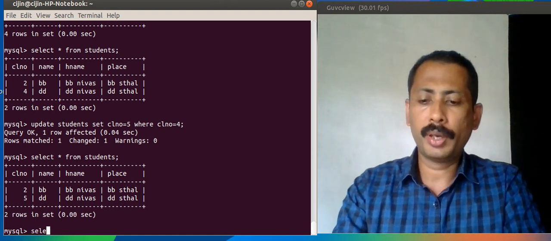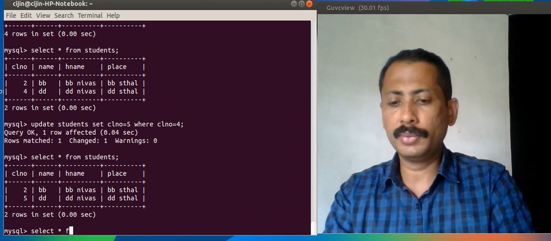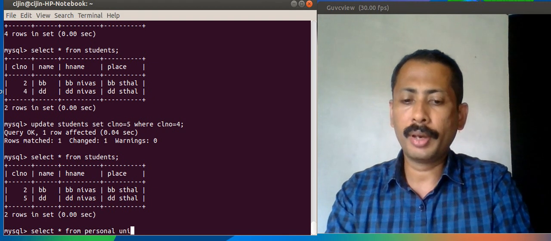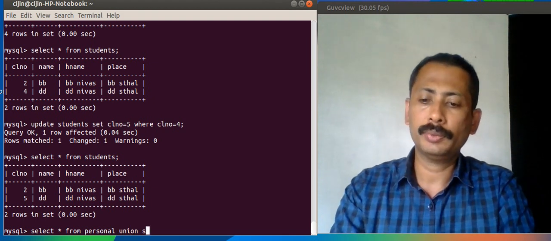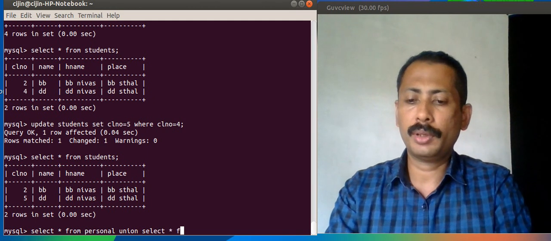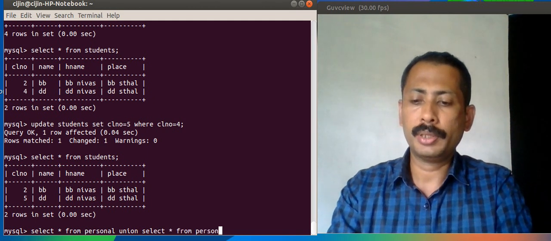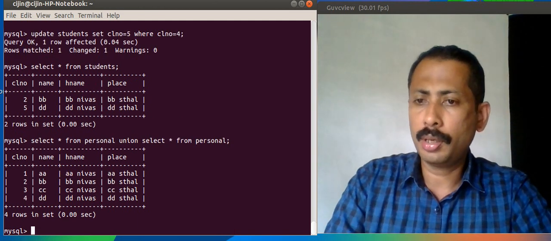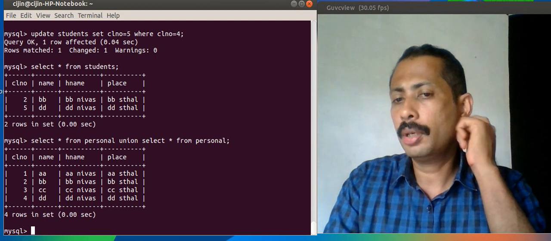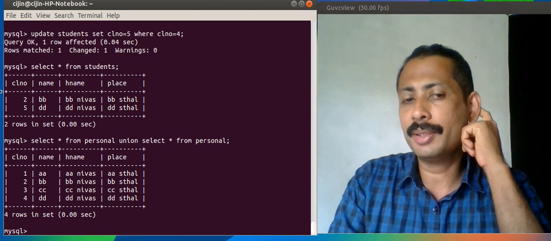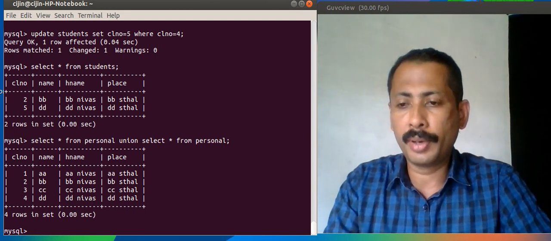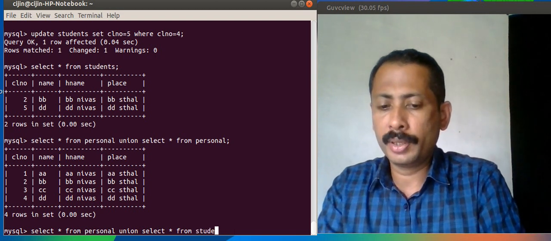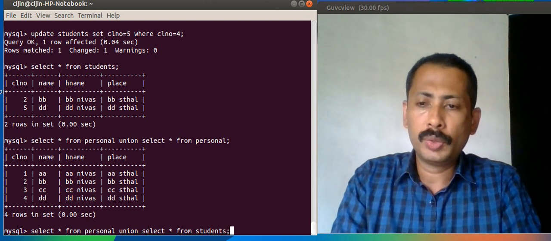Here 2 is repeated and 5 is a new record. So I am giving select star from personal, then the keyword union, then select star from students. I have 2 tables, one is personal, the other is students, and I am combining them.